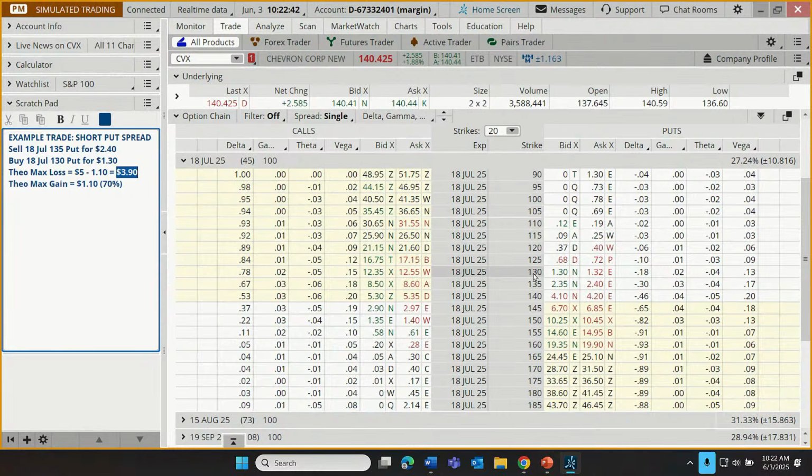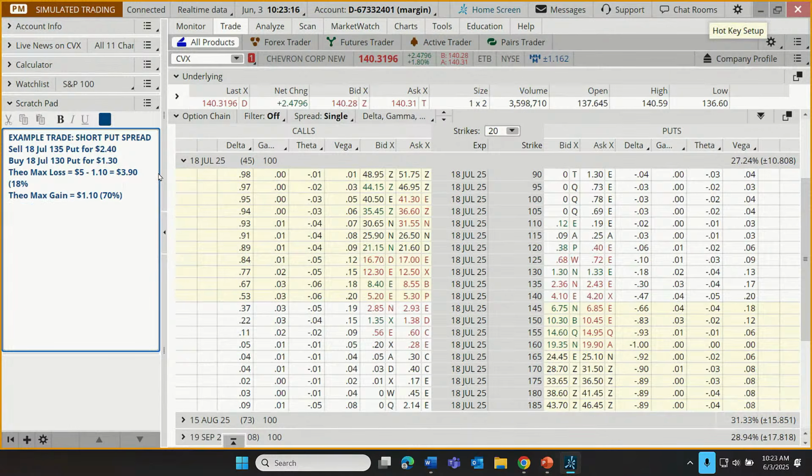That would be accomplished if our stock fell all the way from where it is right now, 140, down below 135, down below 130, and both of our contracts wind up getting assigned and exercised. Well, if we look at that 130 strike, it has a delta of 18. There's only an 18% chance that the stock falls far enough that we choose to exercise that contract at expiration, and we have our maximum theoretical loss. So that kind of explains for some traders why they're totally fine with this sort of reward-risk scenario.